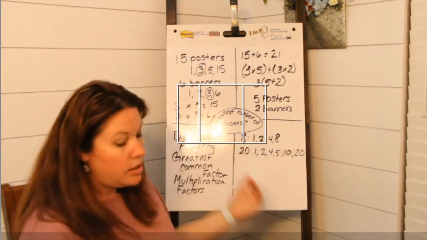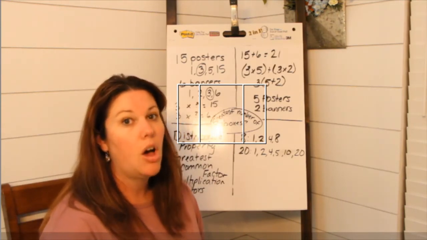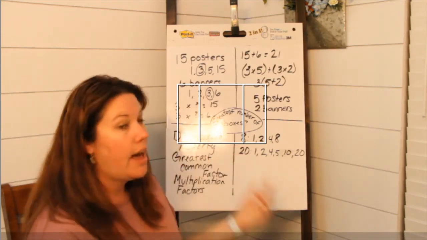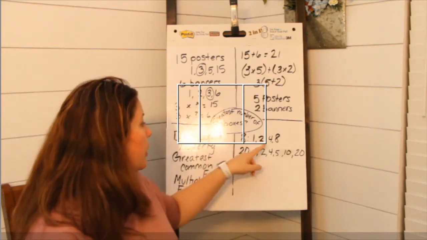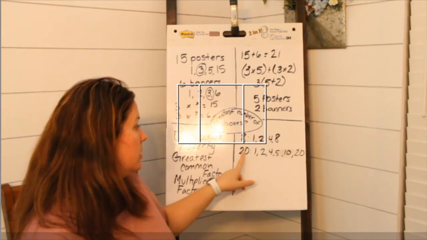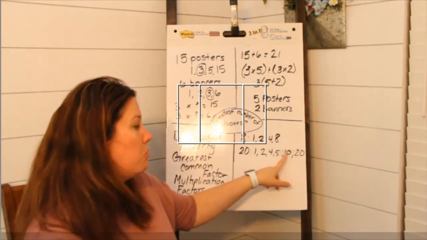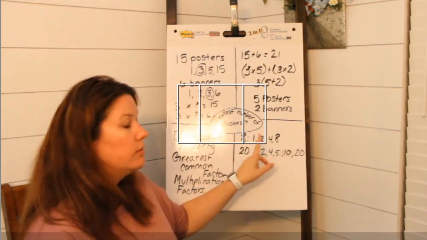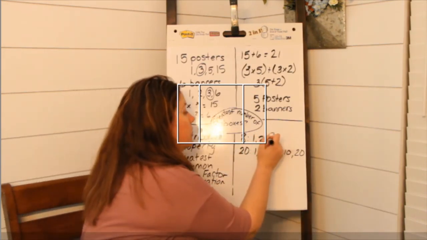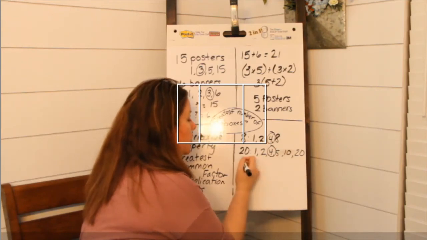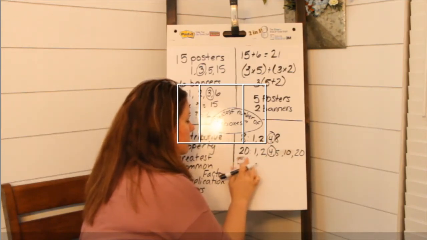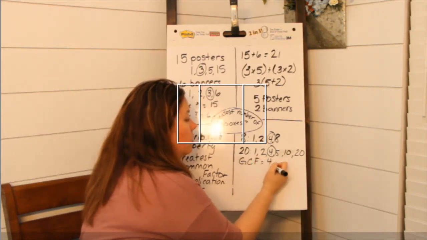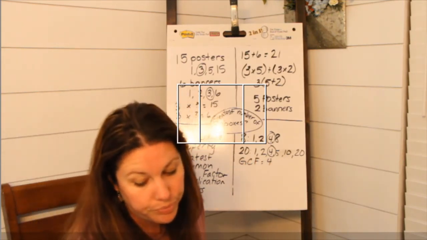So looking at these two lists, what is the greatest common factor? So which number is the greatest number that they have in common? So if we were to start here, 8, does 20 have 8? Nope, so it can't be 8. Now we go to the next number, 4. Does 20 have 4? Yes. So our greatest common factor is 4. So GCF is 4 for these two sets of numbers.